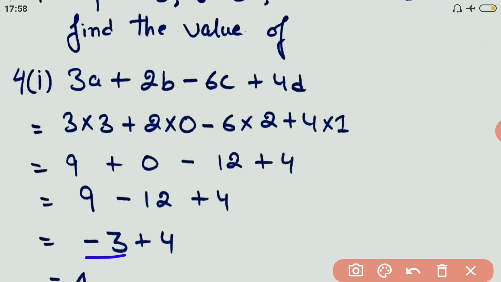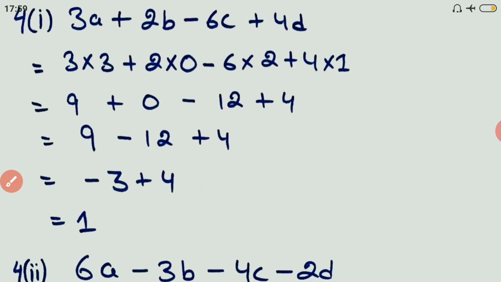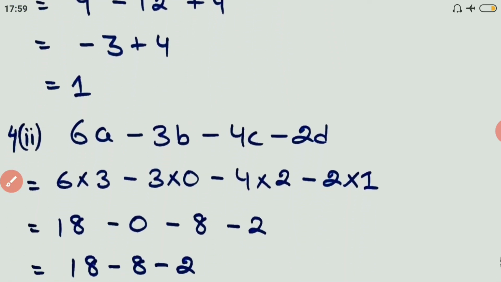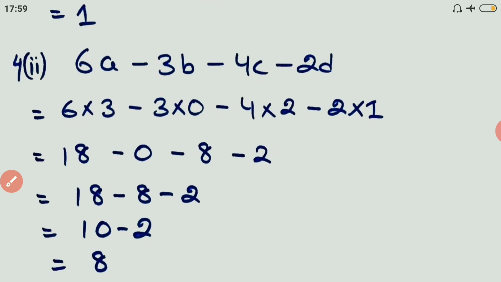Again using the same analogy here, there are two numbers, okay? One is a negative number, minus 12, one is a positive number, plus 9. So since they have different signs, we are supposed to subtract, that is 12 minus 9 shall give me 3. Since 12 is bigger than 9, I need to use a minus sign, plus 4. Okay, now minus 3 plus 4 shall give me 1. Let us try to solve number 4.2 using the same values of a, b, c and d.